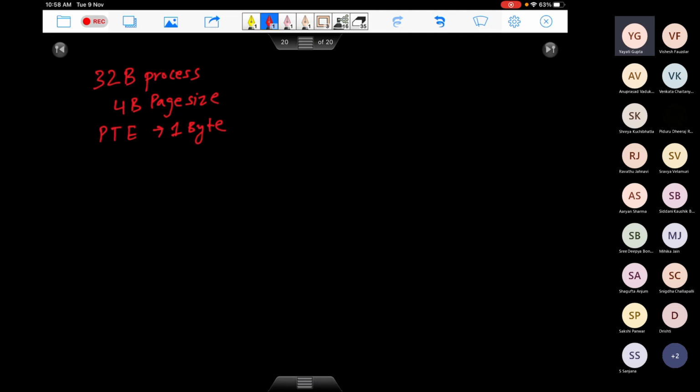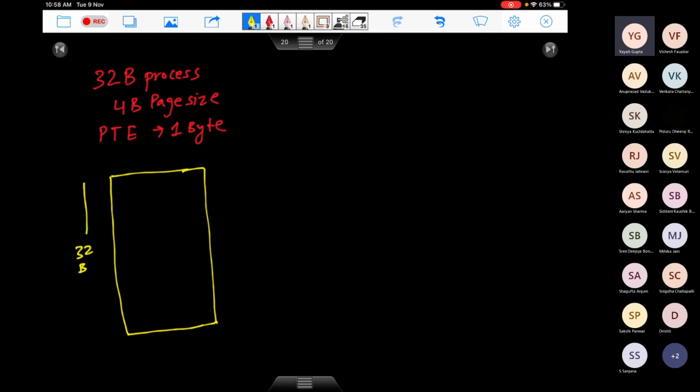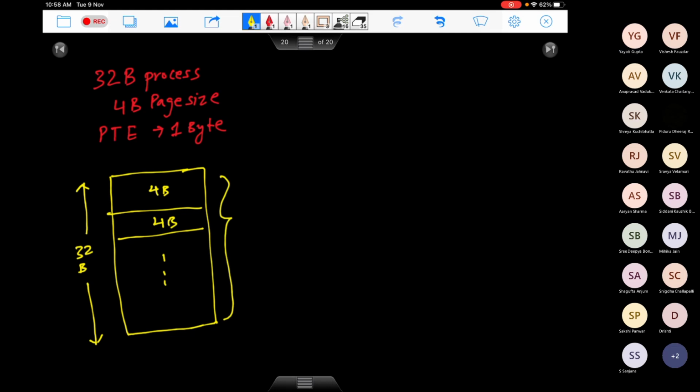Other than that, what all can we infer from here? So if we look at the virtual address space, this entire process is of 32 bytes, right? Each page is 4 bytes. How many pages will we have? 32 by 4, right? 8 pages.